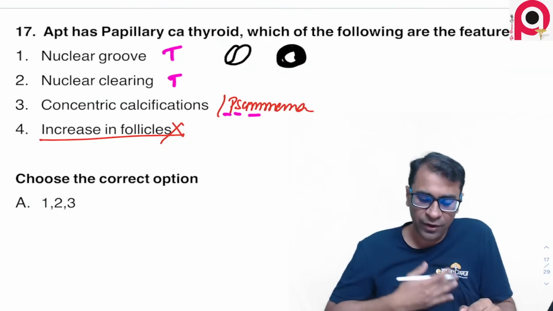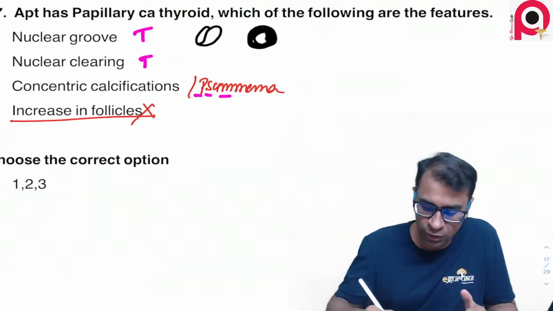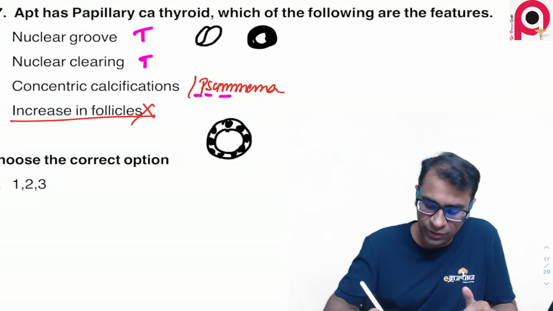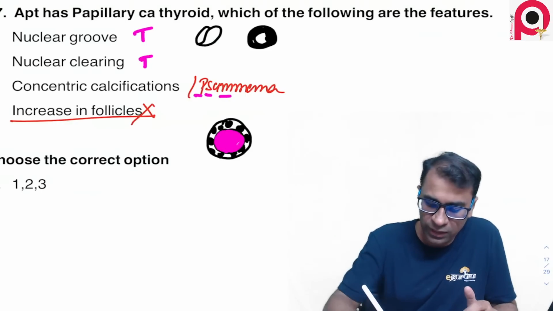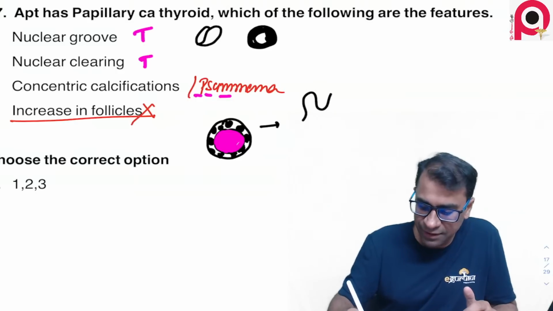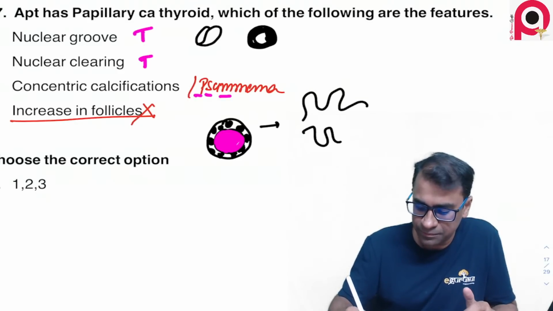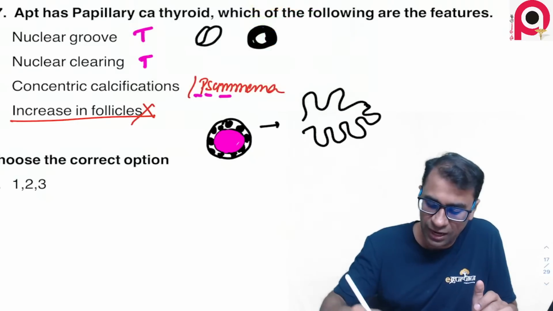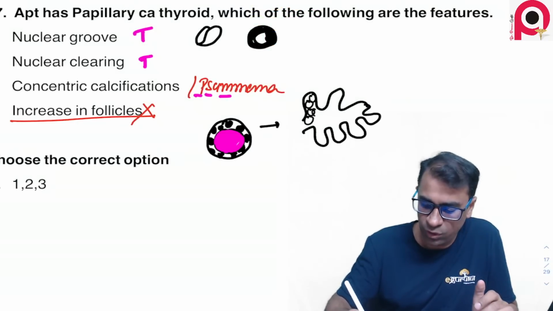So papillary carcinoma thyroid is actually a tumor in which the tumor arises from the round follicle. ऐसा follicle होता है ना, so they have follicle cells like this, and between them there is normally colloid-like appearance, as in a normal follicle. So what happens in papillary carcinoma is this typical shape will change to a papillary shape, ऐसा. Okay, and in the papillary shape the cells actually have the orphan Annie nuclei.